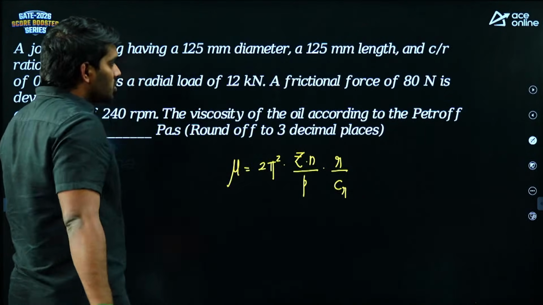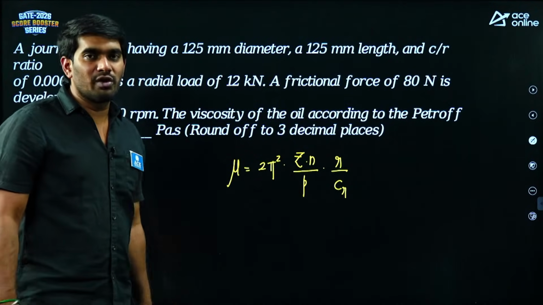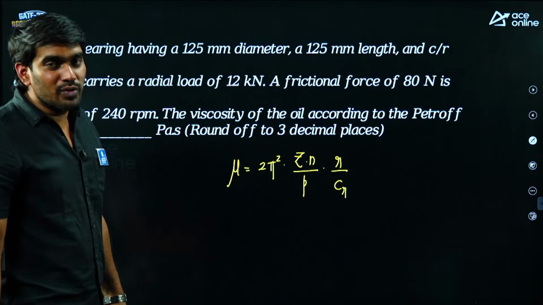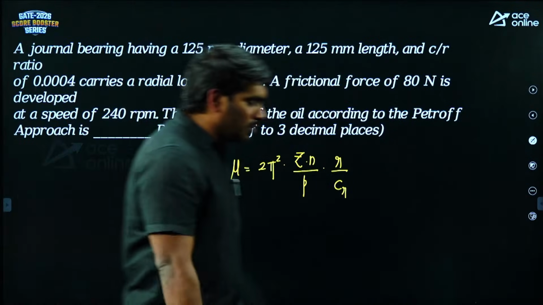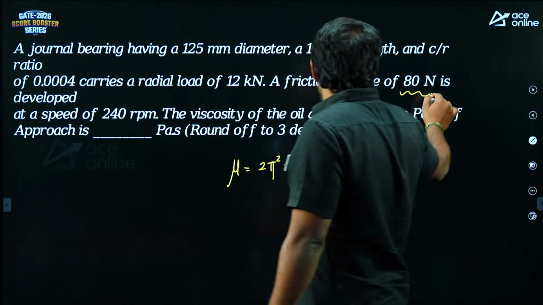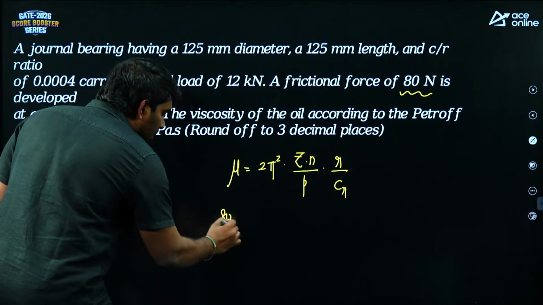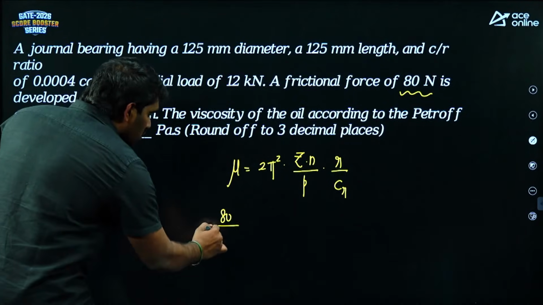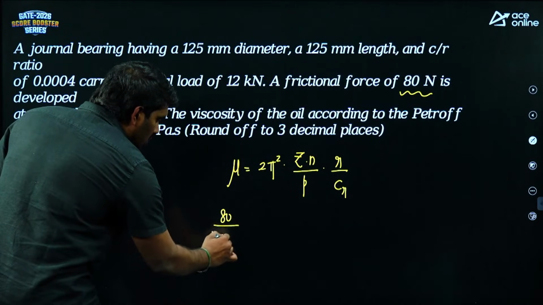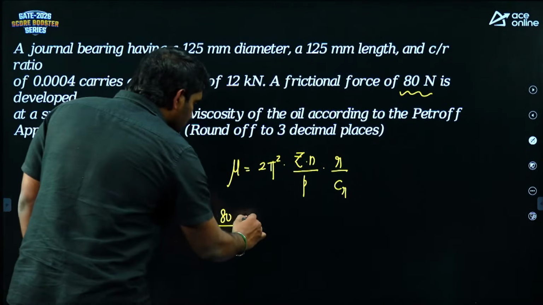But here, to identify the value of viscosity, we require at least the value of mu. The value of mu here is unknown. He didn't give the value of mu. Observe here in the data, the value of mu is not given, but instead of mu, he gave frictional force. So we know that mu is nothing but frictional force divided by normal reaction. So due to applied radial load, we are getting normal reaction, which means 12 into 10 cube is equal to